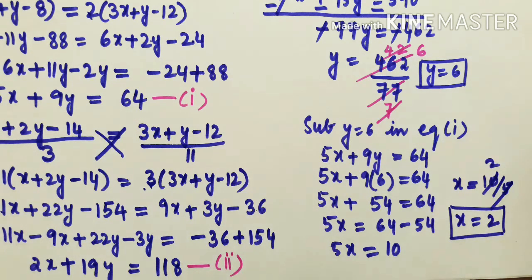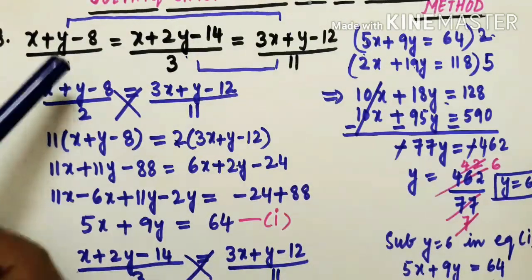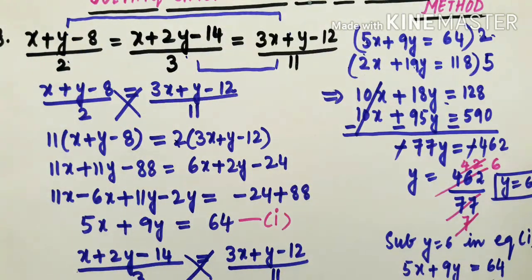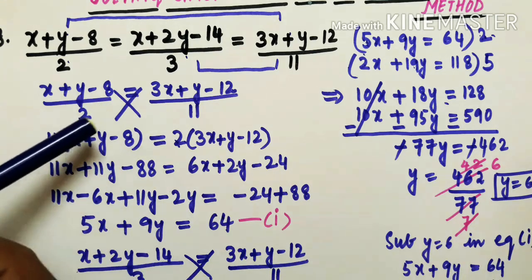So this is how you are doing the elimination method. You just have to remember one thing. First of all, in any method, either it's substitution or elimination or cross multiplication, whatever method is there, first of all, you have to see whatever is given in the question. You have to convert it into the general form, a1x plus b1y equal to minus c1. That you have to convert first of all, and then you have to proceed.